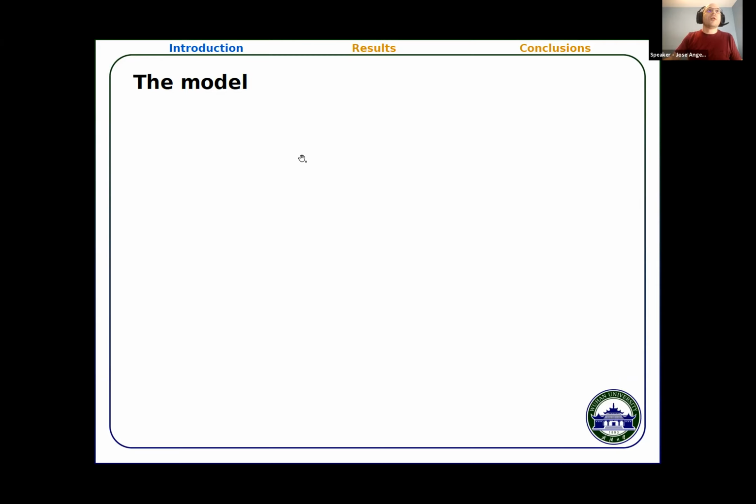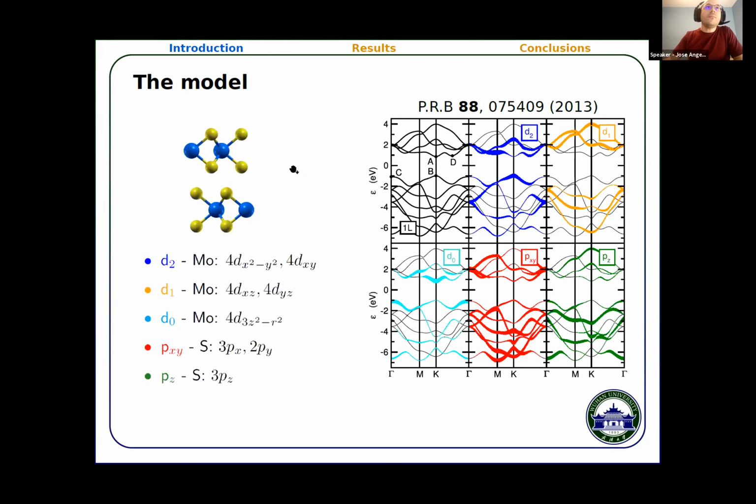So we take another approach, which is basically to use the tight binding model for transition metal dichalcogenides. We are based on this paper that we published a couple of years ago in the group of Paco Guinea. So basically, if we look at the DFT orbital characterization of the band structure of molybdenum disulfide, we would see that we need at least 5 orbitals of the transition metal and 3 orbitals of each chalcogen atom to correctly describe the